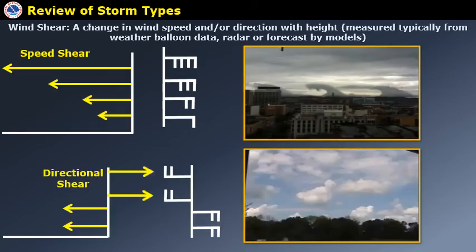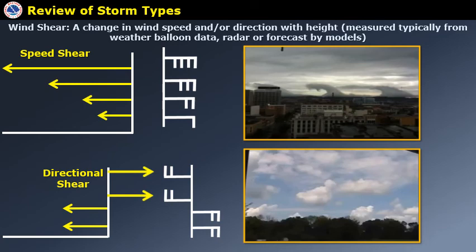Oftentimes, we have a combination of both speed and directional shear. On some days, we can directly observe wind shear, and the images on the right bear that out. We'll talk about how we examine wind shear data. Now, in this example, in the top right,